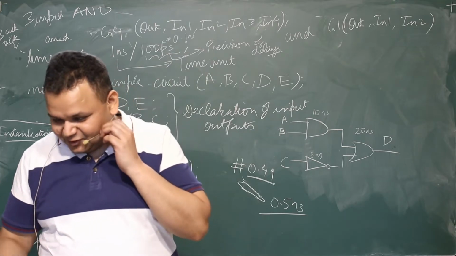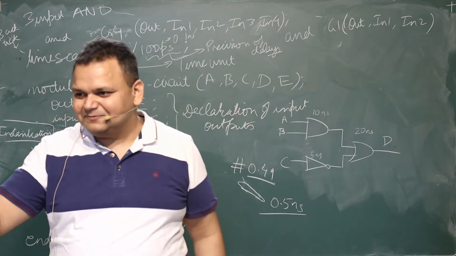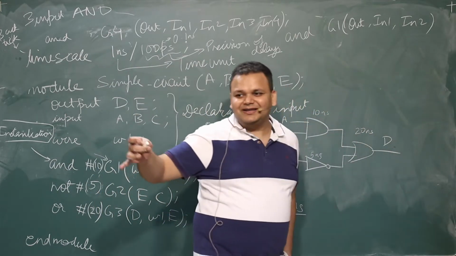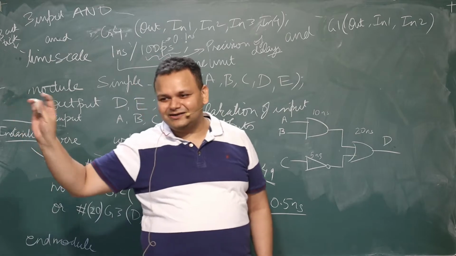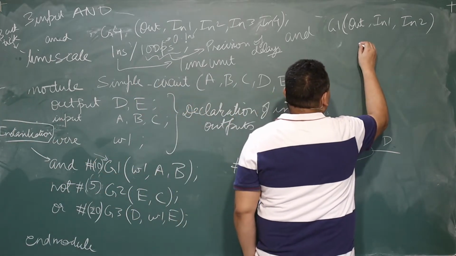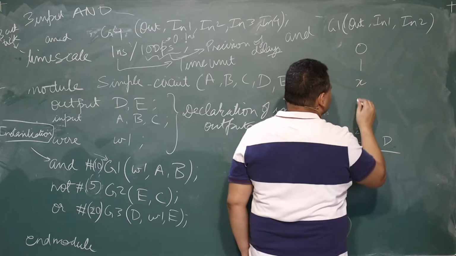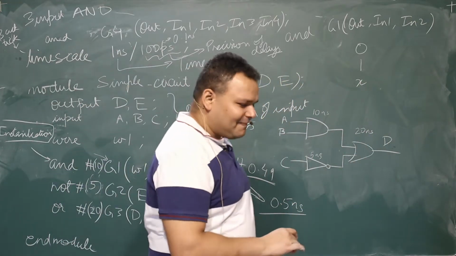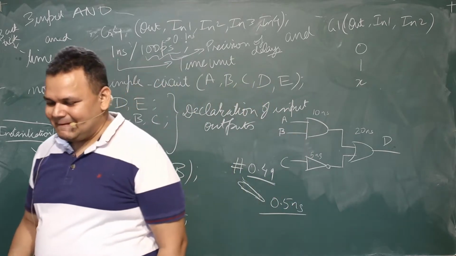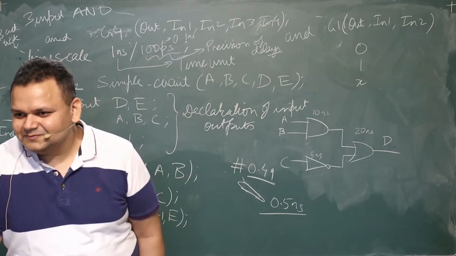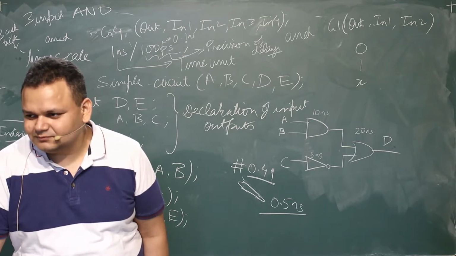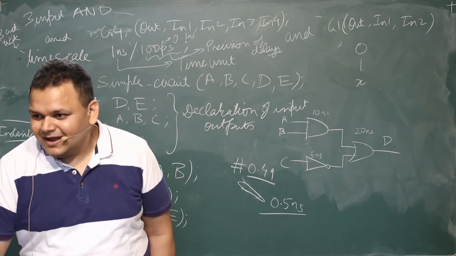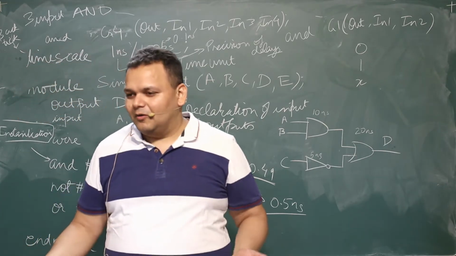If you look at your model simulations, you will see that you have 3 possible values. There is a 4th possible value, which is Z. We will not talk about that in this course. But we have 3 possible values: 0, 1, and a small x. 0 and 1 we all know. What is small x? Anybody guess? Sir, something which is not 0 and not 1 means that duration of 30. No, it may be 0 or 1, but we do not know. That is the point.